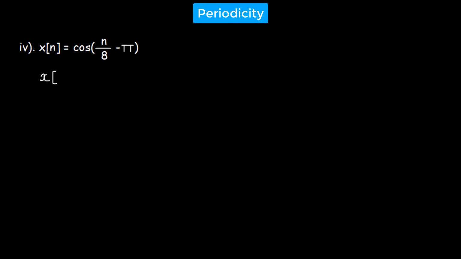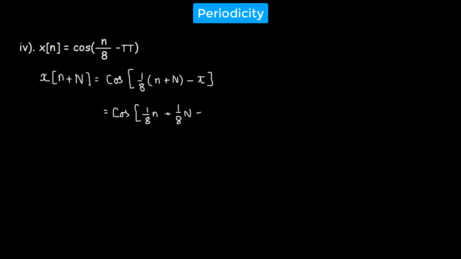So we'll find out x of n plus capital N, and that will be equal to cosine of 1 over 8 times n plus N minus pi, which is equal to cosine of 1 over 8 n plus 1 over 8 N minus pi. We're going to rearrange the argument. So we have 1 over 8 n minus pi